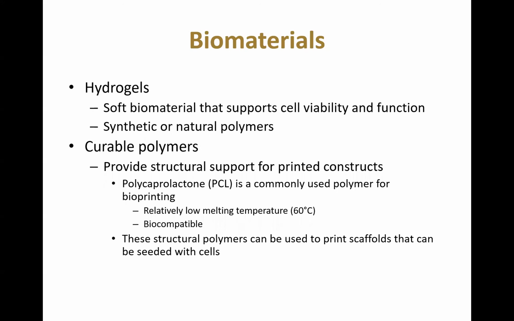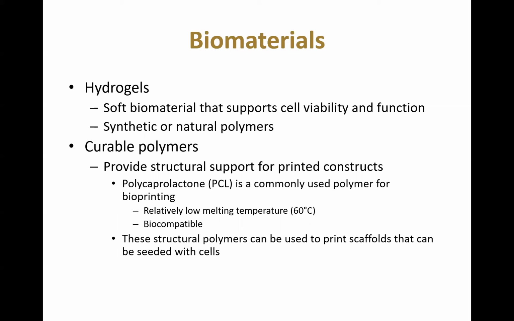A little bit about the biomaterials we use in 3D printing. The first one listed here is hydrogels. And this is really a soft biomaterial that supports cell viability and function. And you can actually embed your cells within hydrogels prior to bioprinting, and then the biomaterial and cells can then be bioprinted to form your structure. They're both natural and synthetic